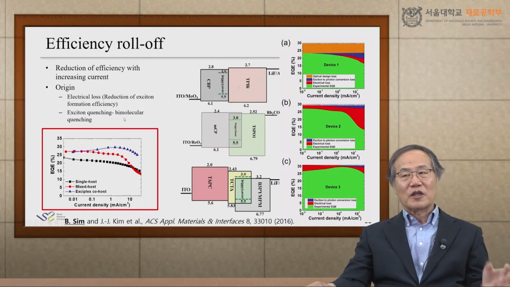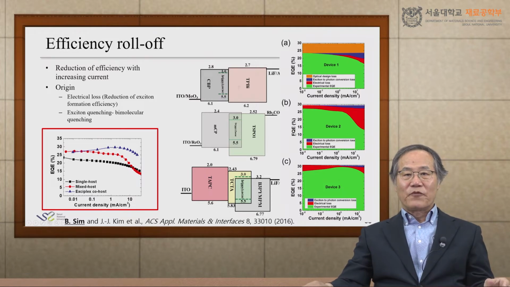So bimolecular quenching, exciton-polaron, or the quenching interactions. And then we've developed the quantitative analysis method to analyze that. We got this behavior, this one is low because of the poor design of that, but